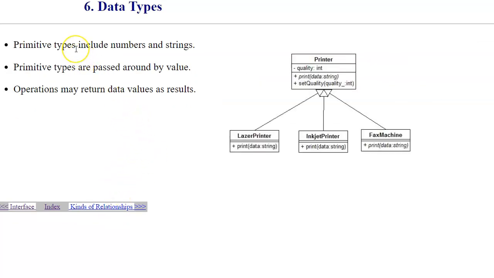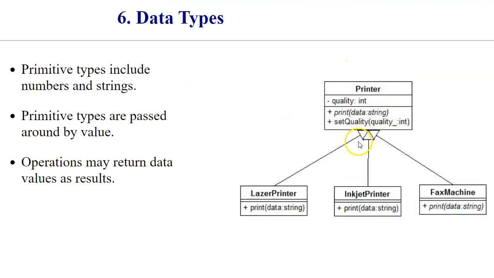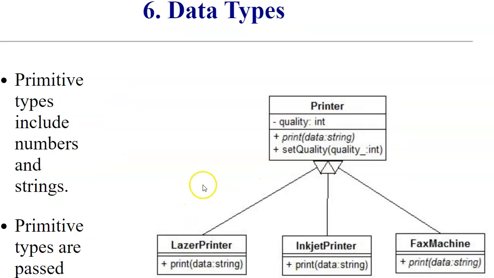So the primitive types include numbers and strings. Primitive types are passed around by value, and operations may return data values as results. Let me magnify this view a little bit. And in this diagram, we can observe the presence of the data types